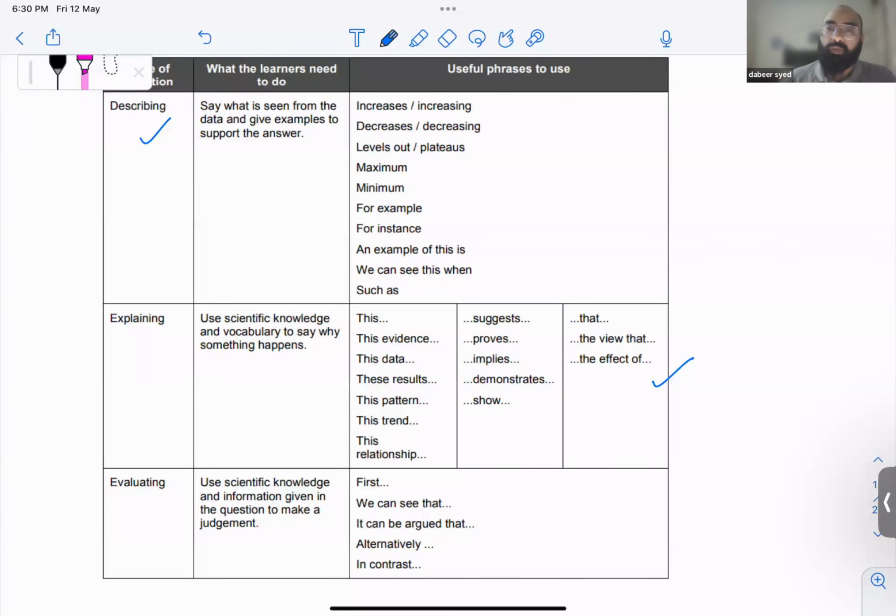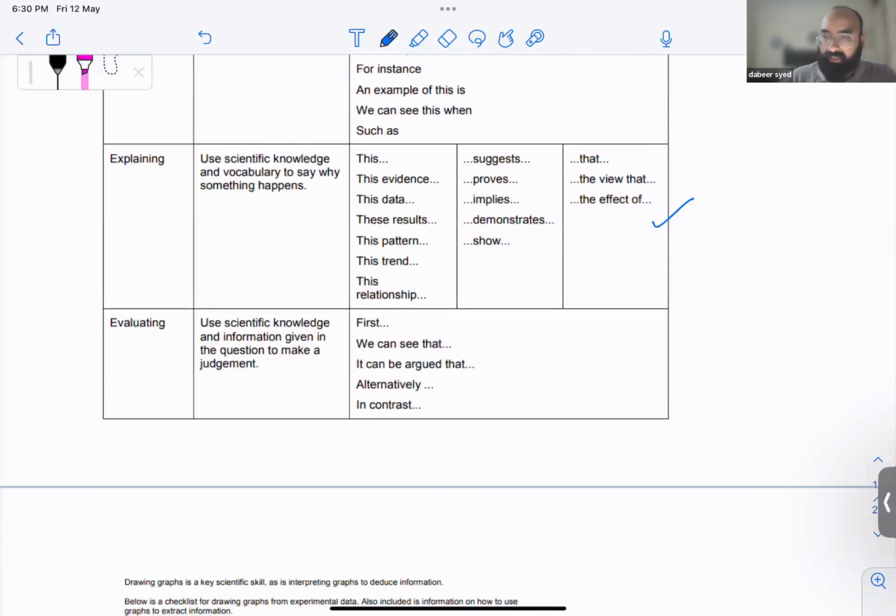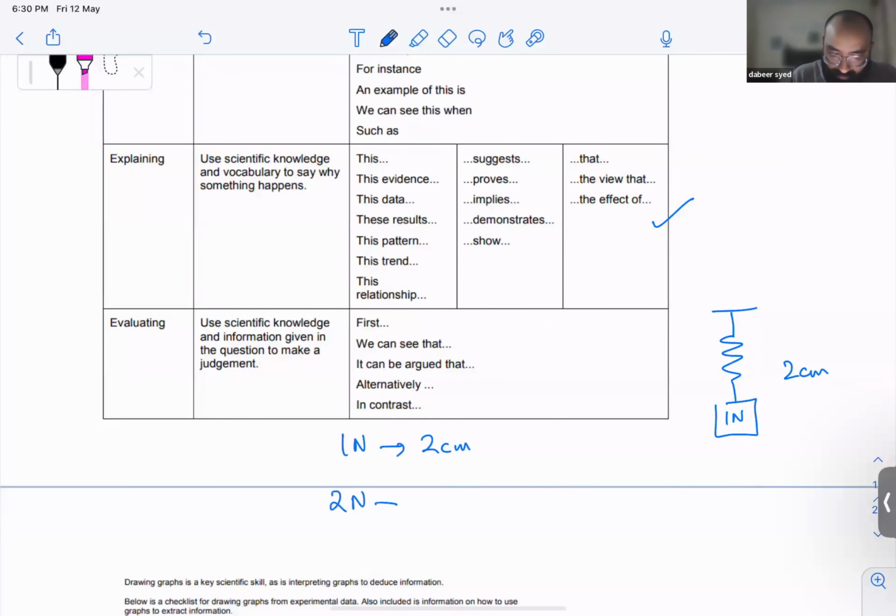So when you write with command words, it is easier for the examiner to pick up कि आप कहना क्या चाह रहे हैं. And last but not the least, evaluating. So a very common question for evaluating, पता है क्या आता है? कि मिसाल के तौर पे आपके पास एक स्प्रिंग था, ठीक है? आपने उस स्प्रिंग पे पहले 1 न्यूटन फोर्स लगाई और उसके अंदर एक्सटेंशन आ गई कुछ 2 सेंटीमीटर्स। सो 1 न्यूटन पे एक्सटेंशन आ गई 2 सेंटीमीटर्स। आपने 2 न्यूटन लगाई, एक्सटेंशन आ गई 4.1 सेंटीमीटर्स।